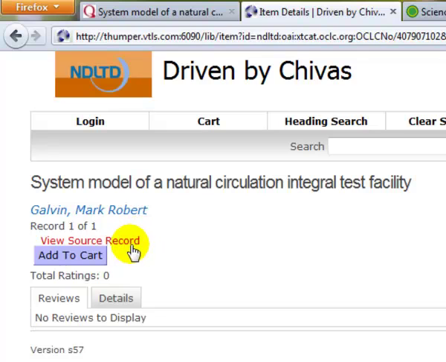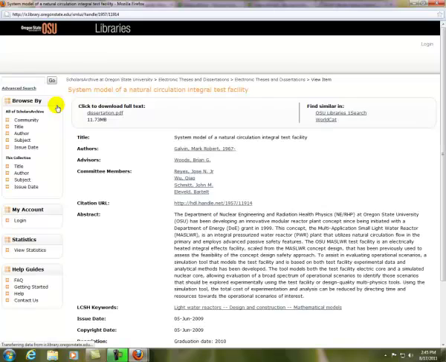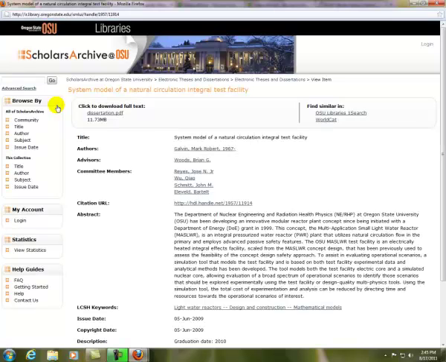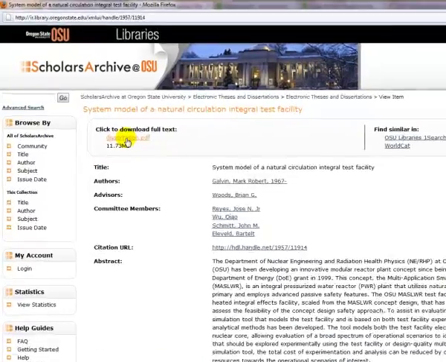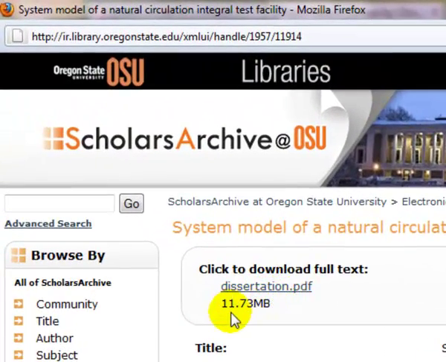And here it's taking us to this page. I've noticed that if you click on this View Source Record, then it takes us to the institution's website. And in some cases, the institution will not give you access. They have a portal that requires login information, so only those who are members of that institution can access it. But in this case, I think we lucked out and we found a link to the dissertation, the PDF,